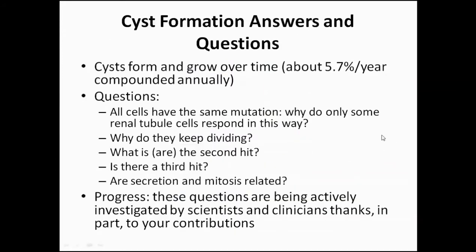So these cysts form, and they may form very early in life without your knowledge. In other words, you feel just fine, your renal function is just fine, but they inexorably grow over time, and it's been determined that that's close to 6% per year compounded annually. So these cysts are continually forming and growing, and that's what leads to something called total kidney volume, which is a very valuable biomarker that the FDA has just issued a draft guidance for,